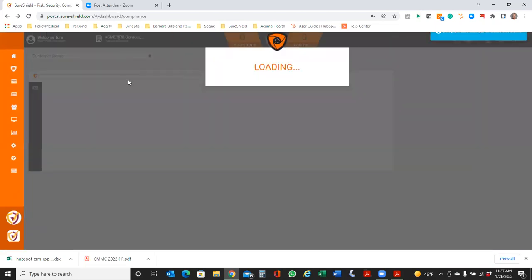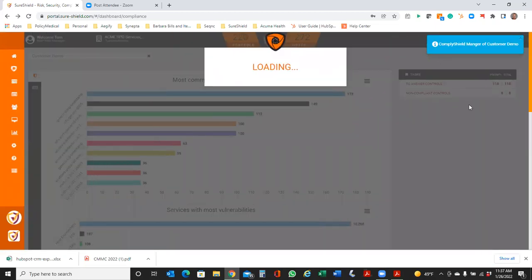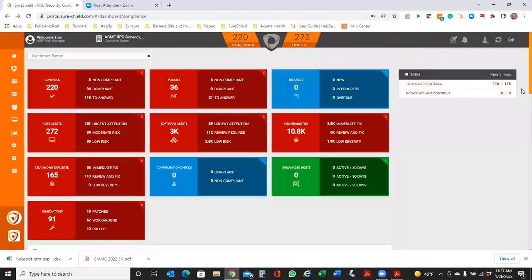I'm going to go back to the dashboard briefly and just point out a couple of other things that we have in here. As I mentioned as well, in this demo example, this client is also using our scanning utility. It's a very simple, easy to deploy utility. It's a web-enabled utility that gets deployed. It goes out and it identifies all your IPs within your network, as well as the ability to do external, internet-facing applications you may be working with.